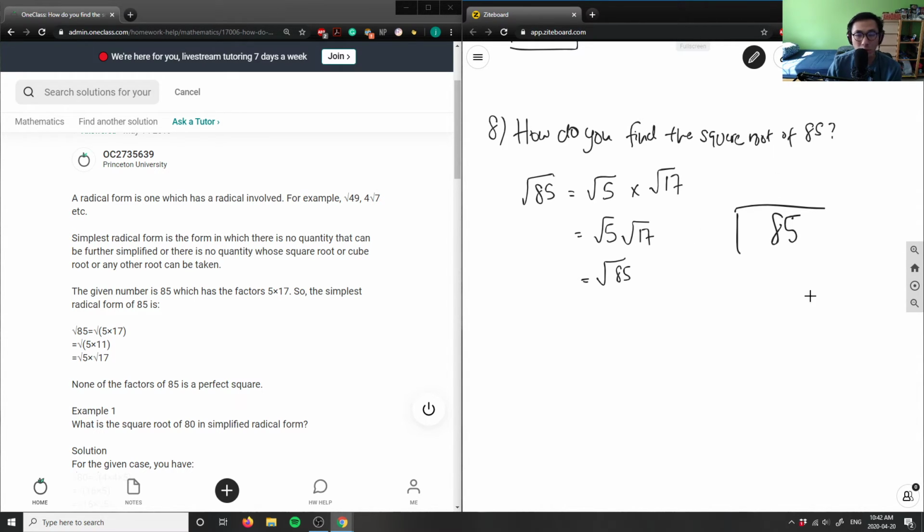I'm looking for a square that is the closest to 85 here. 9 squared equals 81. That's closest to 85 without going over. So we should have 9 here, 9 here. 9 times 9 here is 81. 85 minus 81 here is 4. I can bring down an imaginary 0 to help us with our solution here. And then what I'm going to do is multiply 2 by the